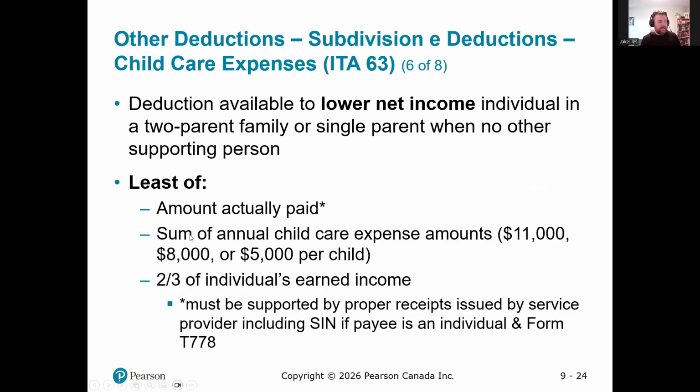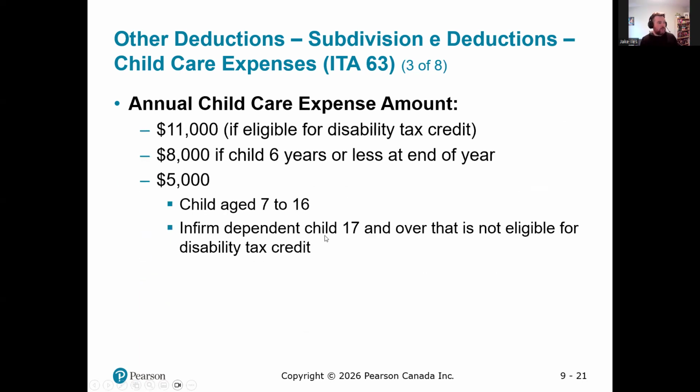So the second limit is the sum of the annual childcare expenses. Those are the $11,000, $8,000, and $5,000 we mentioned before. So